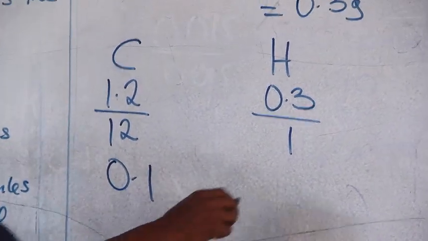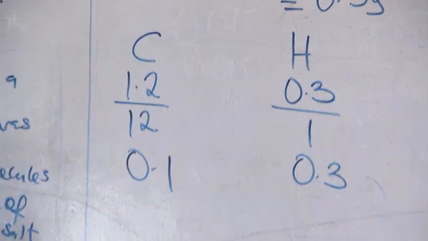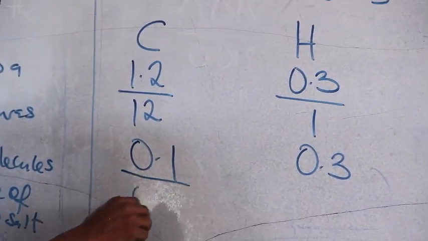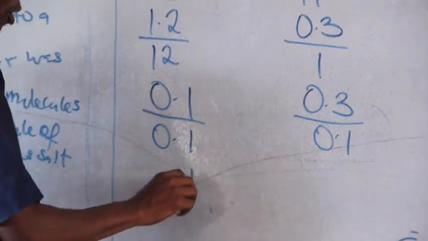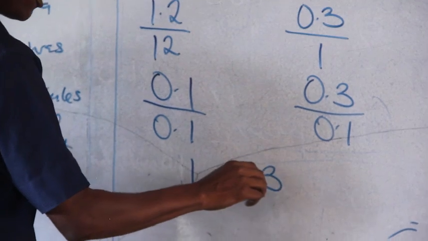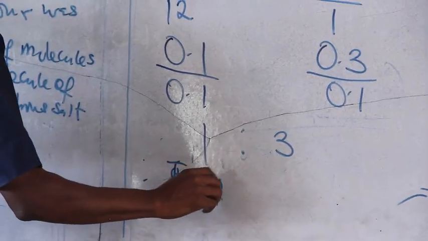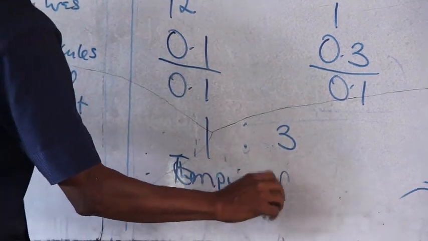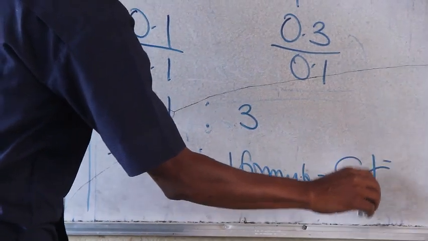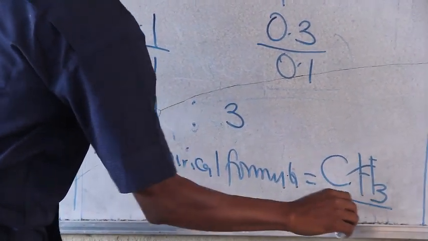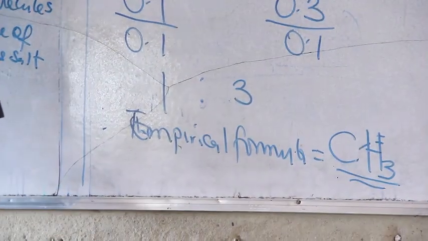So 0.3 divided by 1 is 0.3. Now divide by the smaller number, so 0.1 divided by 0.1 is 1, and 0.3 divided by 0.1 is 3. Therefore, the empirical formula is equal to 1 carbon and 3 hydrogen. So the molecular mass of that compound is equal to